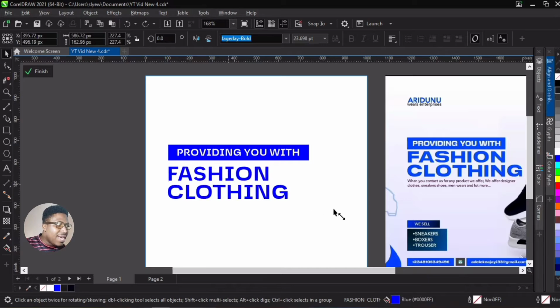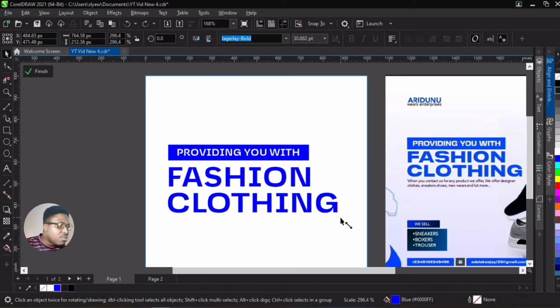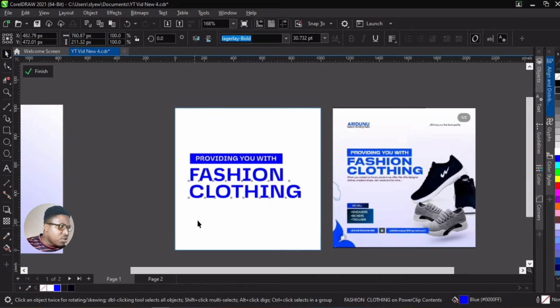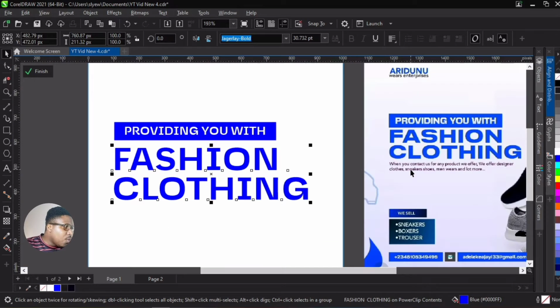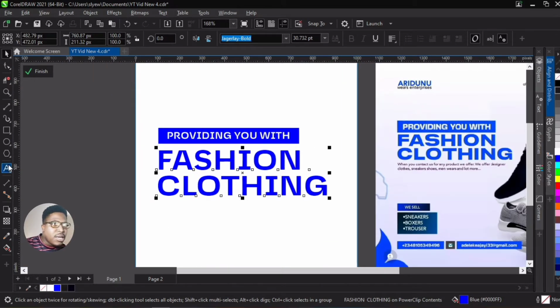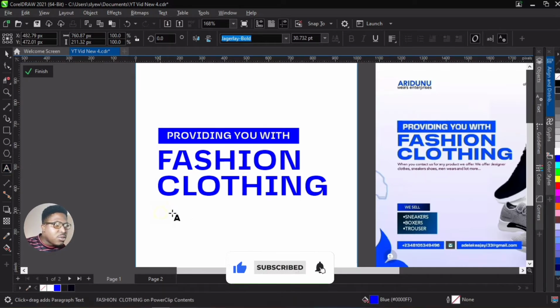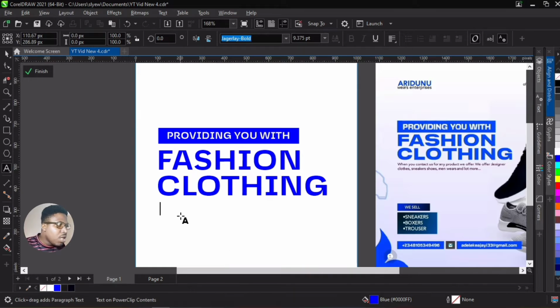So the next step is to enlarge it, to make it bigger a little bit. Don't worry, we are still going to reduce a lot of things later. So now we have a little text here which says when you contact us. So we are going to just write our own, something a bit cool. Contact us for, you don't really have to use theirs, contact us for your designer's clothes, sneaker